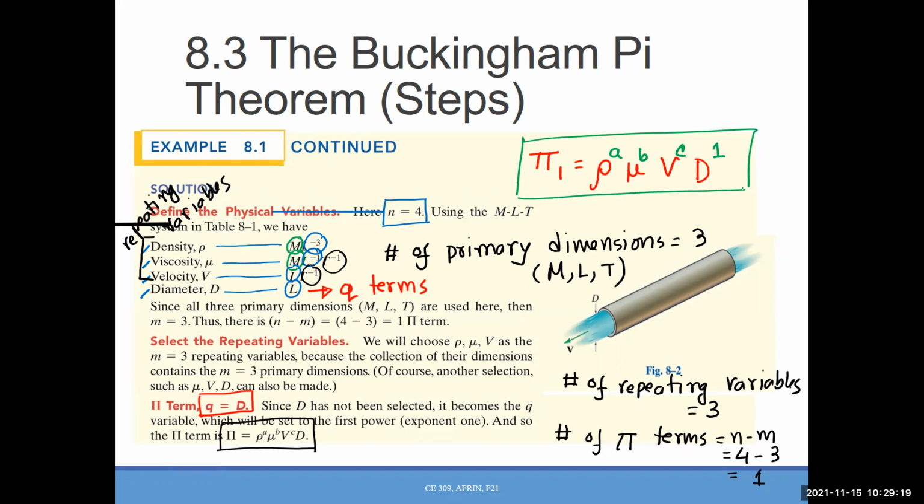We need to do some pre-calculus. I don't know if you can remember or not. In your pre-calculus course, you did something with exponents, where on both sides you need to equate the exponents and find out some values. Do you remember? Okay, that was a long time ago. So it's normal you don't remember, but we will do that here again. So that should be the pi 1. If we had multiple pi terms, it would be the same thing. For each one, we need to do something like that.